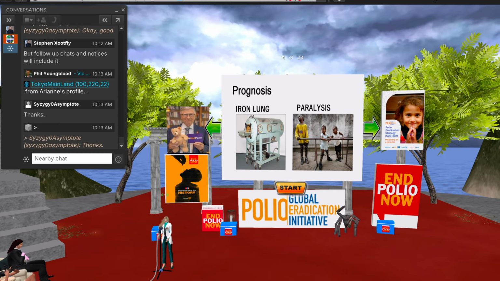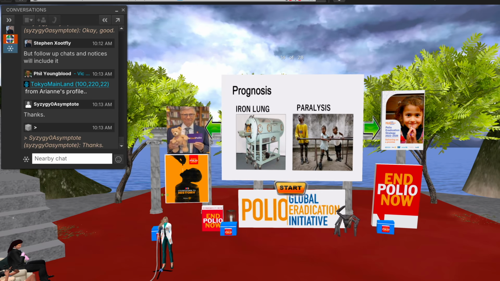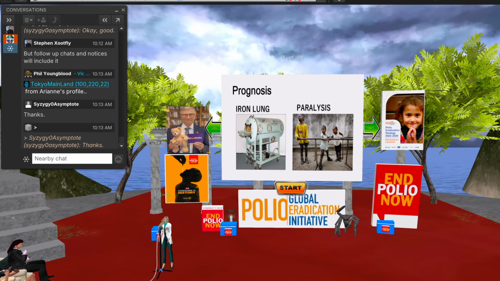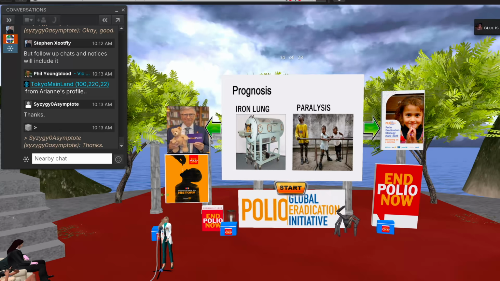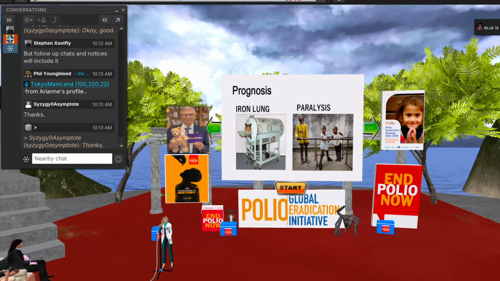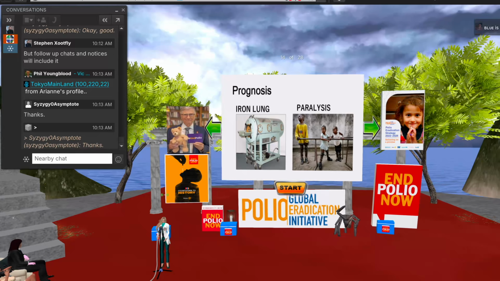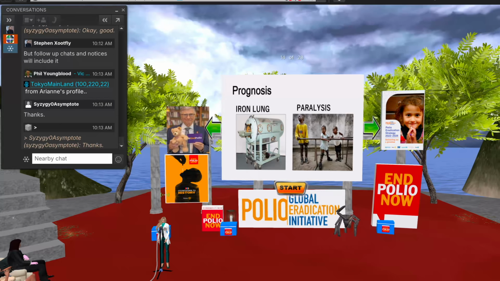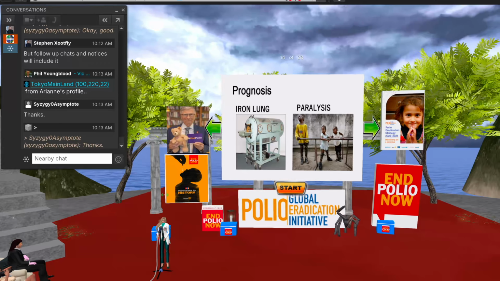This slide illustrates the clinical outcomes faced by patients with polio. When the respiratory muscles become paralyzed, patients require what is known as an iron lung. Unlike modern mechanical ventilation through an endotracheal tube, the iron lung allows patients to speak and eat while receiving respiratory support. However, because it makes coughing and clearing secretions extremely difficult, many patients in the past succumbed to respiratory infections.